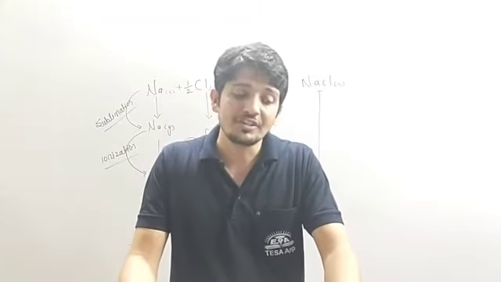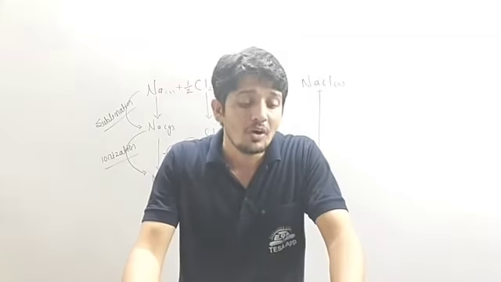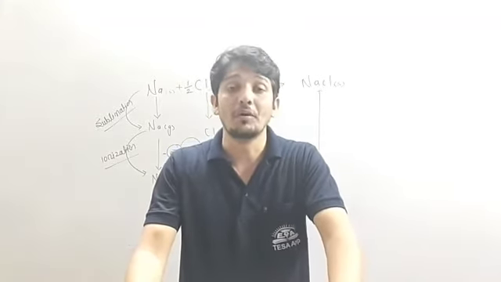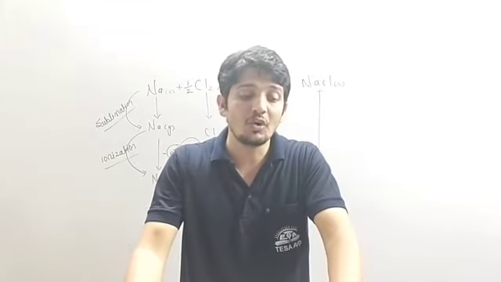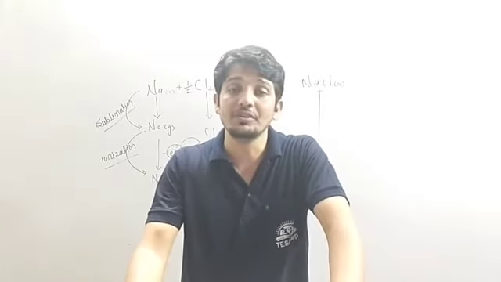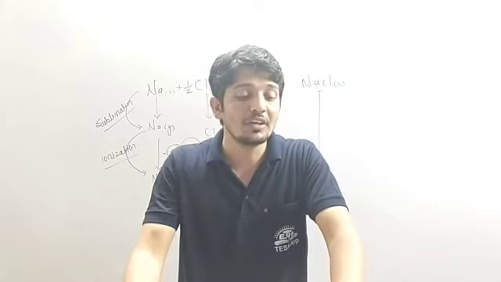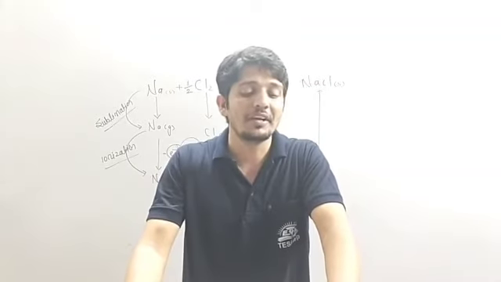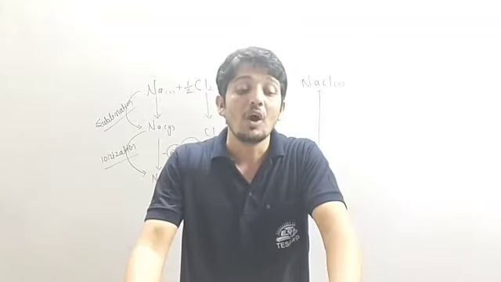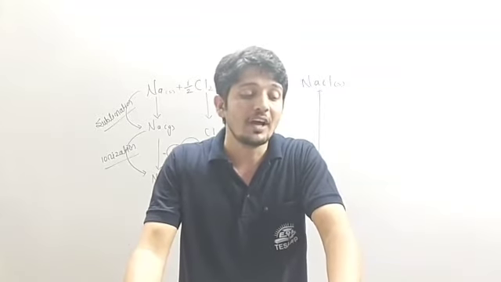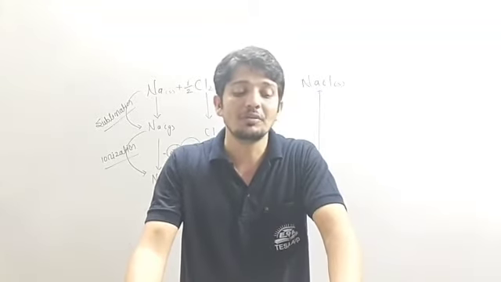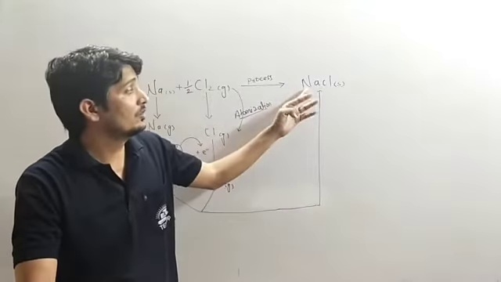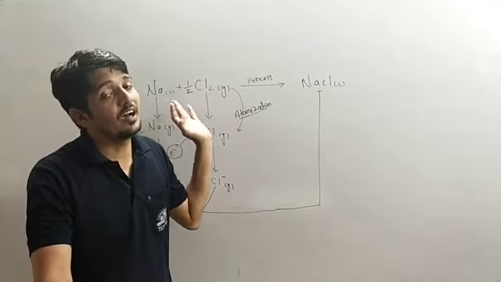The first question in Can You Recall is: what are the types of molecules of the element and compounds? Second question: what is meant by the valency of the element? So we are going to understand. And the third question: what is the requirement of writing the molecular formula of a different compound, and how are the molecular formulas of the compounds written? So we have already understood how the molecular formulas are written.